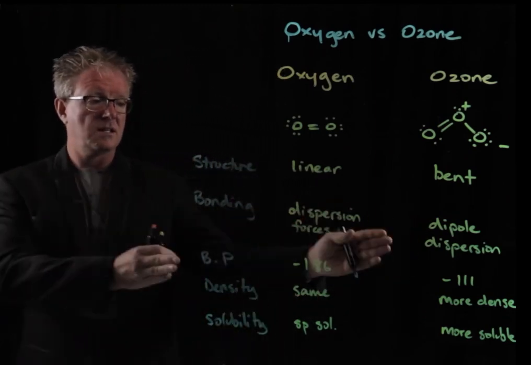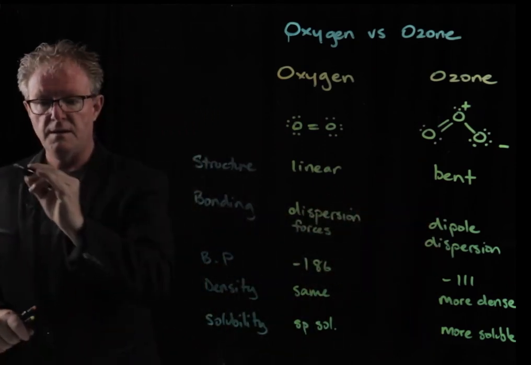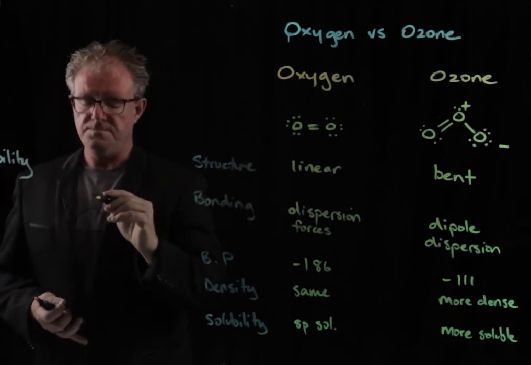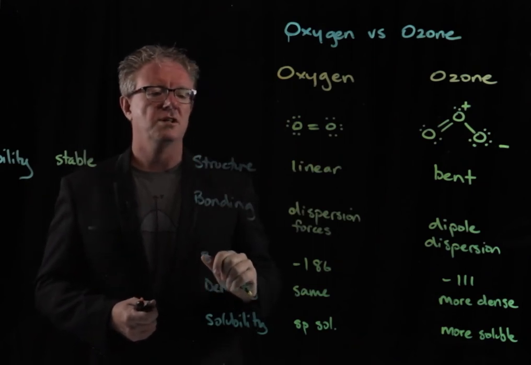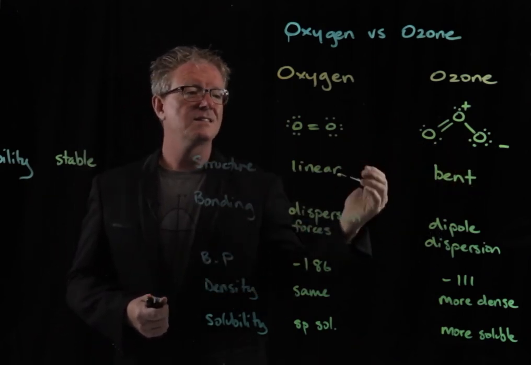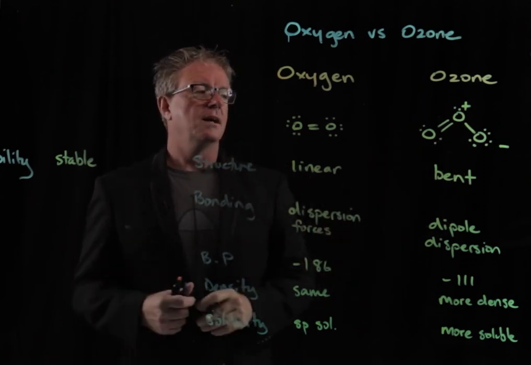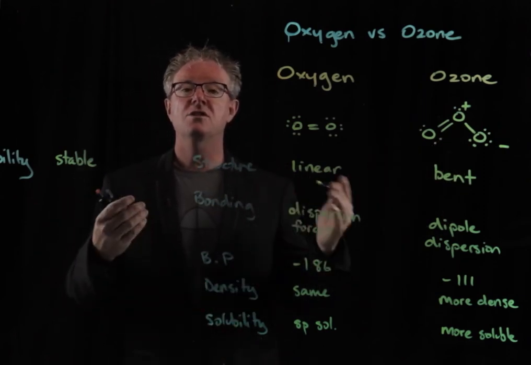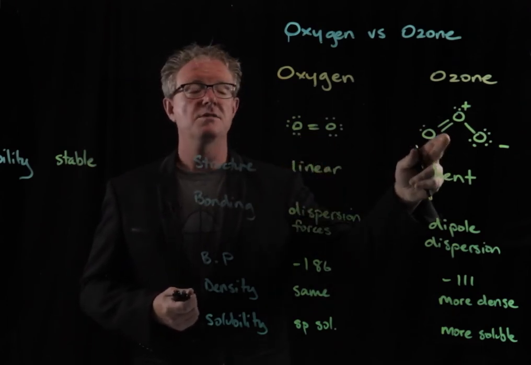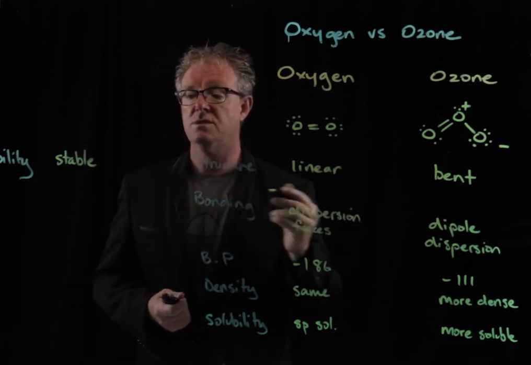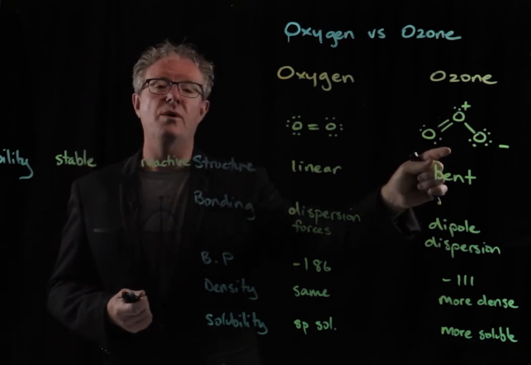Let's just take this section over here. Of course, if you're writing it, you just continue down the page. We're talking about stability. Well, oxygen is stable. It's a very, very stable structure, whereas ozone is unstable. So this resonance hybrid bonding is not as stable as this double bond. Less energy is needed to break these bonds, and therefore it's more reactive. So it's more reactive, and therefore it's a greater oxidizing